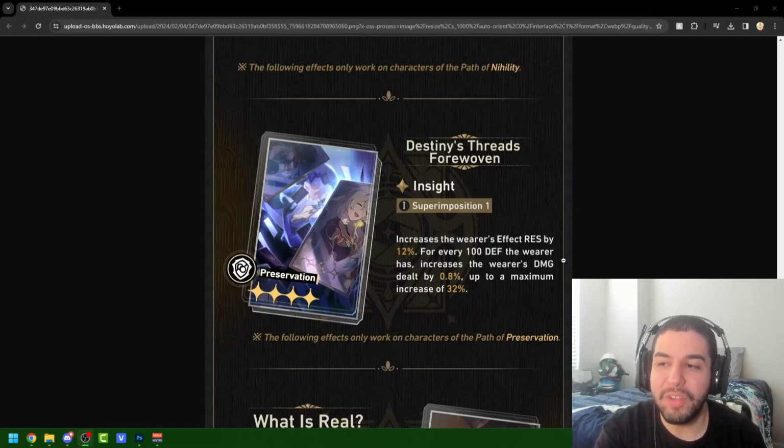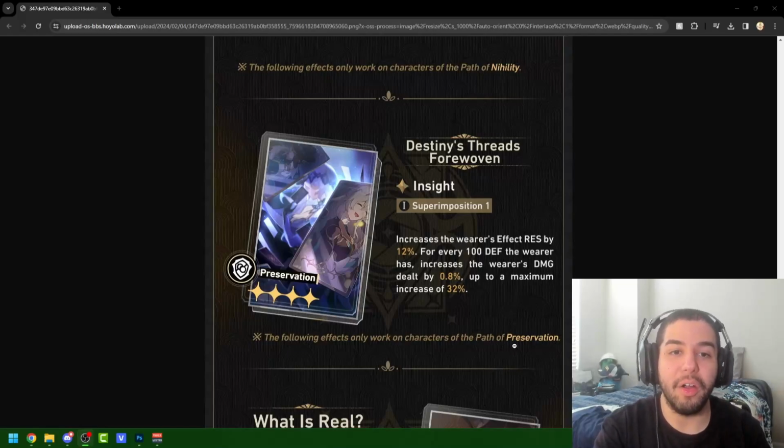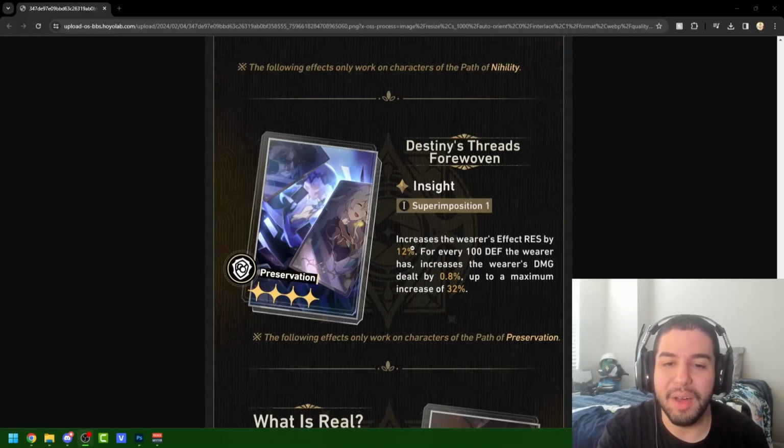Now, this one is very interesting to me because this one and then the Abundance Light Cone, which we'll get to next, I think that both of them are going to be catered to upcoming characters. And with Preservation here, I think this one is probably a bit more catered to Aventurine, who's going to be coming out in 2.1. Now, we don't have any official info on what he's going to do, but when I look at this Light Cone, I feel like it doesn't really apply to anyone,